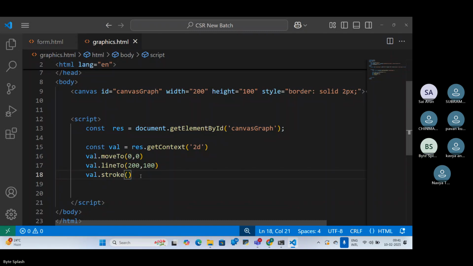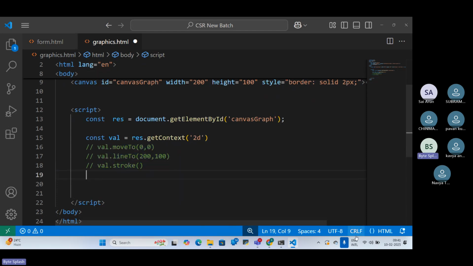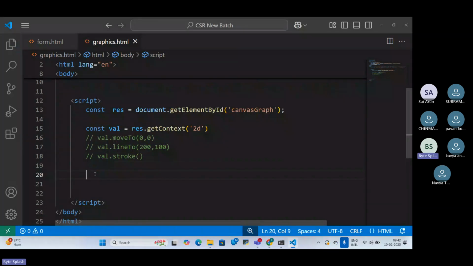Here I'm going to remove this, or comment it out. Yeah, the rectangle I'm going to draw. So value dot create